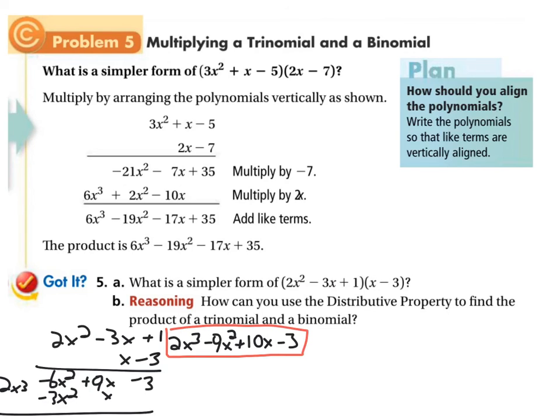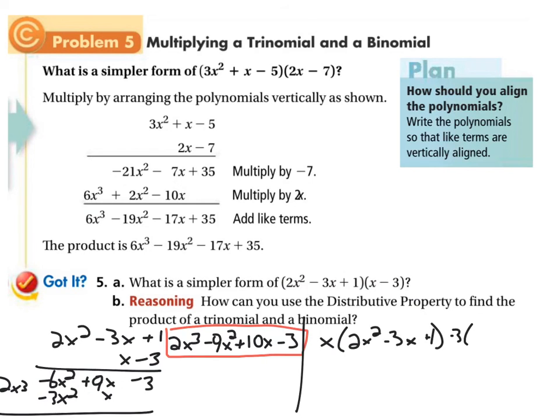Okay? Sorry for that sloppiness. I don't always have plenty of room on these screens. But how can we use the distributive property? Okay, what we're going to do is we're going to say, for the distributive property, I'm going to resolve this over here on the right-hand side. I'm going to take this x from this first term, right here, and I'm going to put that in front of the trinomial 2x squared minus 3x plus 1. And then I'm going to take this negative 3